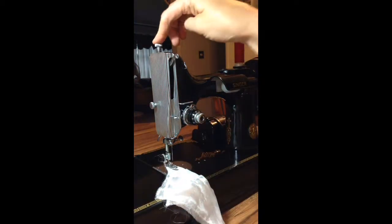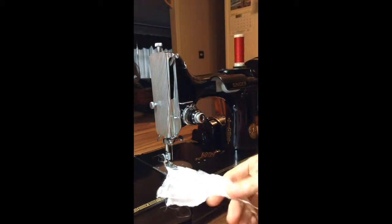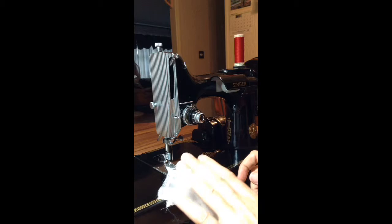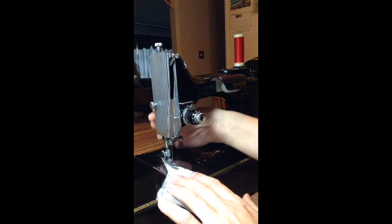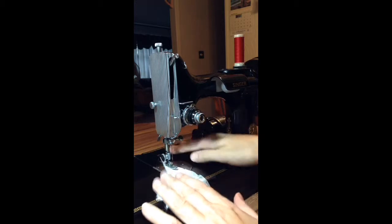Okay, here's my sewing machine. I have my presser screw up pretty much as far as it's going to go because I'm using a very lightweight material and I want to try, as our instructions talked about, to keep it from having a heavy pressure. So you can tell when you put the pressure foot down, it really is going down quite lightly onto